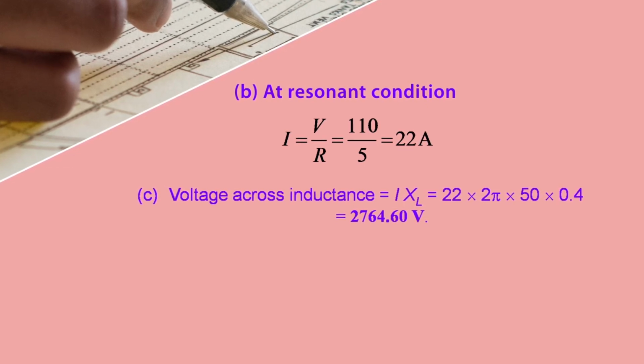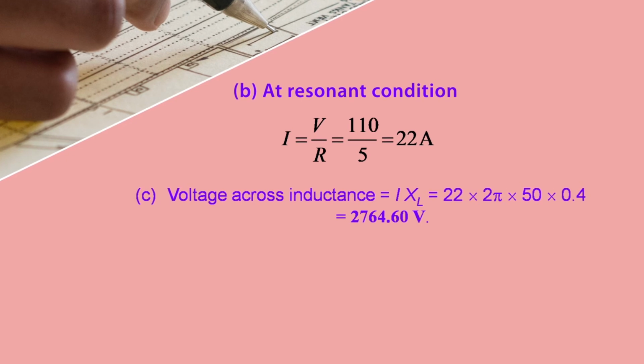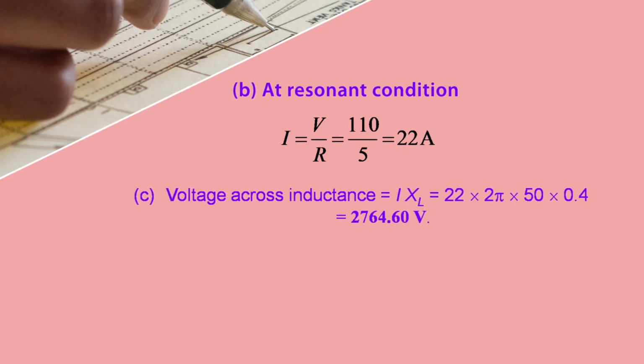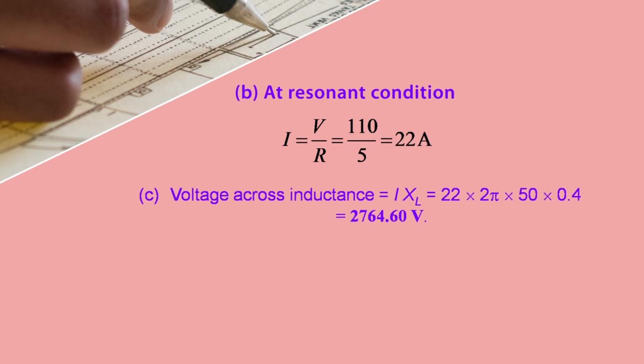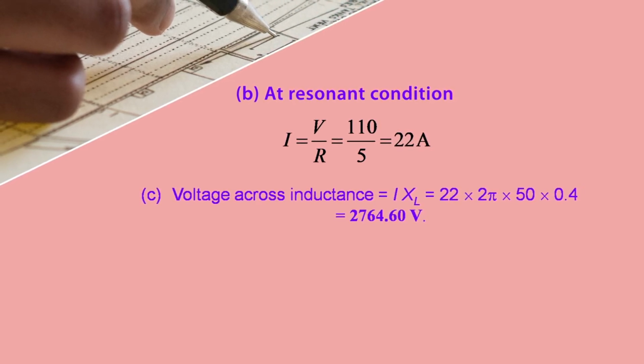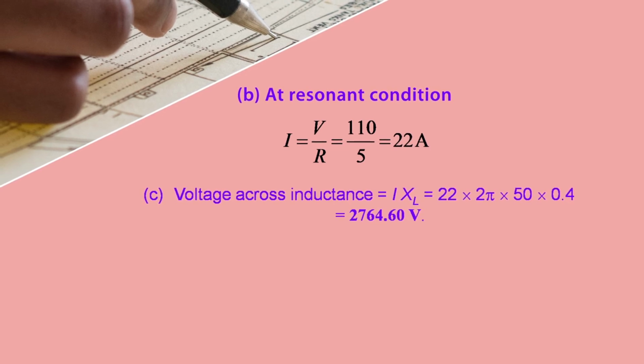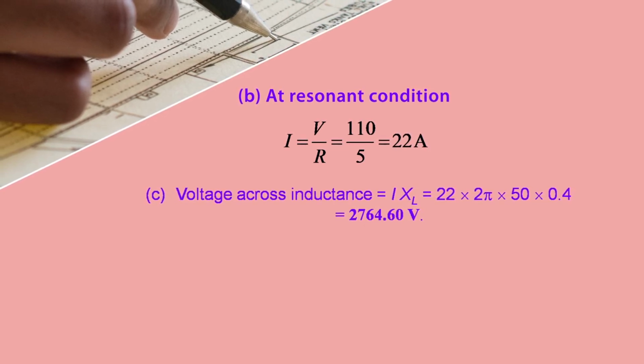And XL is nothing but the inductive reactance, and this inductive reactance can be written as omega L, and this omega L can be written as 2 pi FL. So just put the value: current I equal to 22, 2 pi, where you can write the value of pi as 3.14. Then the resonant frequency, that is F naught, is equal to 50. Value of inductance, that is L, equal to 0.4 Henry. So after solving,